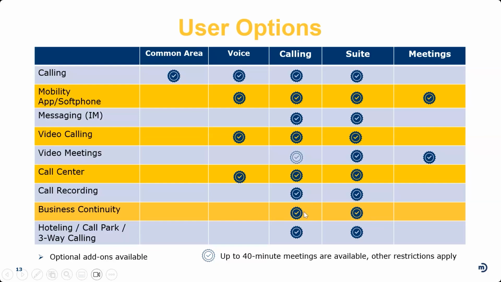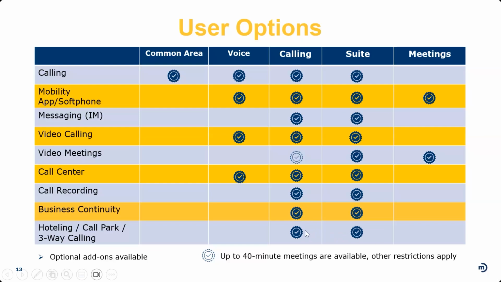Business continuity, that's going to be like if the system's down, or let's say it's not down, let's say the end user's premise is down, like they lose power to one of their locations, so they don't have internet, and none of the Webex applications on the PCs or the desk phones are connected any longer. That essentially allows that DID or maybe the main phone number to automatically be forwarded to a different place. So you might have it set up to automatically go to a cell phone number or something along those lines. So it's kind of a neat feature. It's kind of like call forwarding, but it's more than that because it's only in a down scenario where the Webex cloud cannot reach the end user's client, essentially.